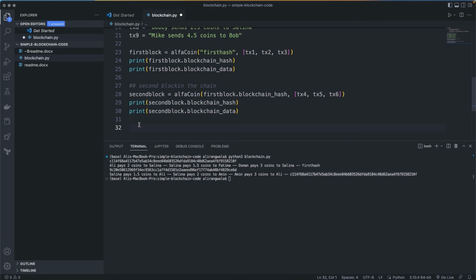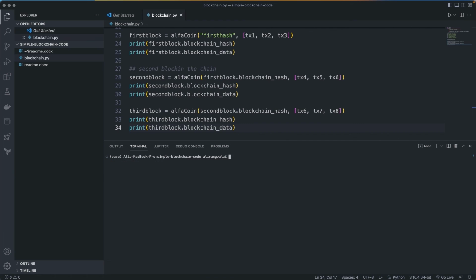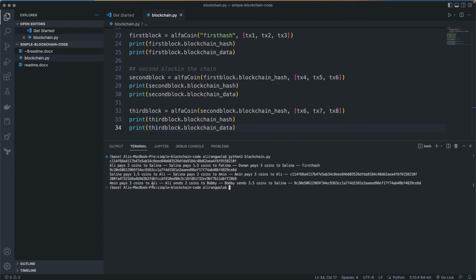C114F68, you remember, and that's the hash value that is being stored. So that is how the second block is connected to the first block. Now I'm just creating a third block as an example. I'll run it again. There you see, it's using the hash value of the previous second block, and that's how the blocks are connected in this chain. Now the interesting thing over here is,